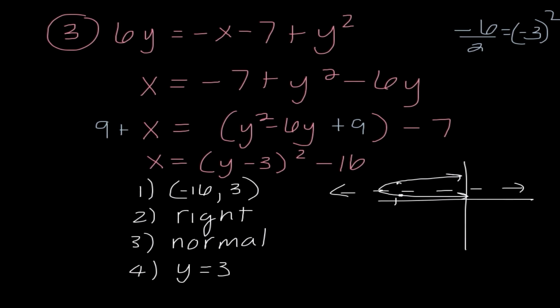Okay, so just to recap, I could tell it's a parabola because I only have one variable that's squared. x is not squared, only y is squared. Secondly, I could definitely tell this was not in the correct form because I have this extra y going on. So we needed to isolate our non-squared variable, which in this case was x. Once I got everything over to the same side, I grouped my y terms together,